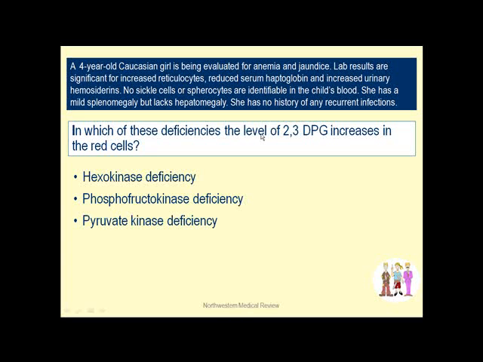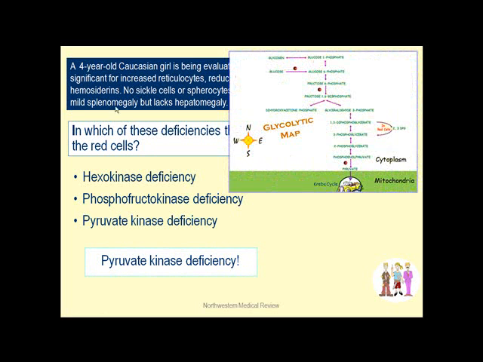In which of these deficiencies does the level of 2,3-diphosphoglycerate decrease in the red cells? Actually, in two of them, in hexokinase deficiency and phosphofructokinase deficiency. These two deficiencies are before the level of 2,3-diphosphoglycerate in the red cells. If these two are deficient,